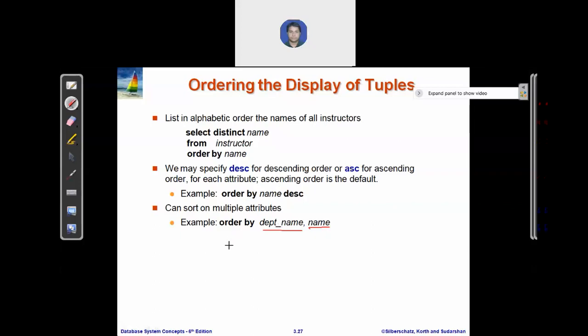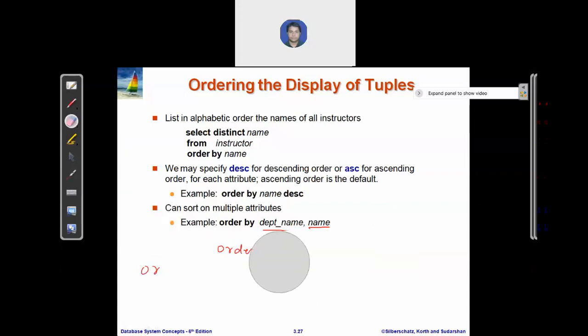Or you can write order by salary. It will give you the resultant table in which the employee records are ordered by their salary. If you write ascending order, then lower to higher.